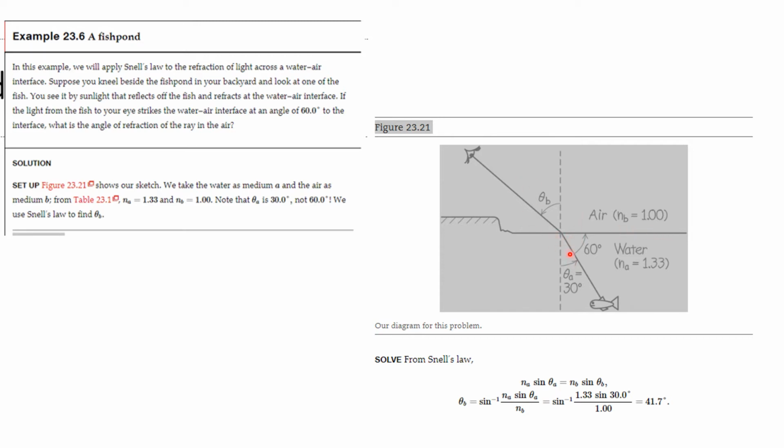And so you have to figure out, let's see, what do we need to figure out? If the light from the fish to your eye strikes the water at an angle of 60 degrees to the interface. Now this is 60 degrees, but the one that we're really going to be most concerned about is the angle with respect to the normal, so that 30 degrees becomes important. What is the angle of refraction in the air? Well, we're just going to use Snell's law, but Snell's law is going to tell us that